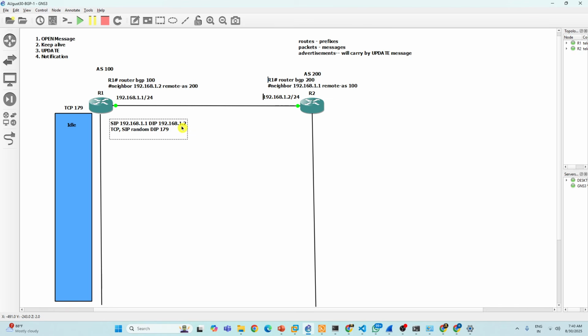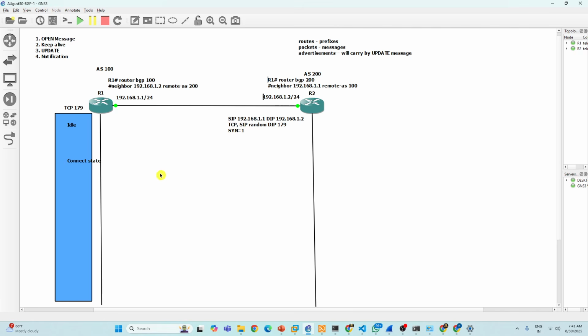And in the TCP header, we have an important field, the SYN flag bit, which will be set to 1. This is the R1 packet. Once you configure BGP on router 1, R1 will send this SYN segment to R2, and immediately it will move to which state? Connect state.